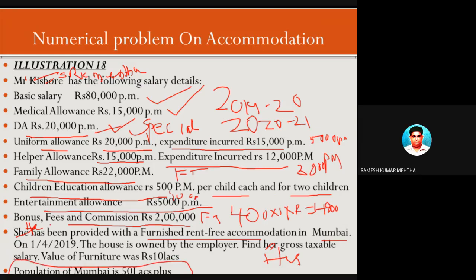So the salary for the purpose of calculation of rent free accommodation is 15% of salary, because the population is more than 25 lakhs. If it is more than 10 lakhs and less than 25 lakhs, it is 10%. If it is less than 10 lakhs, it is 7.5% of salary. So as he is residing in Bombay and the rent free accommodation is provided in Bombay, you have to